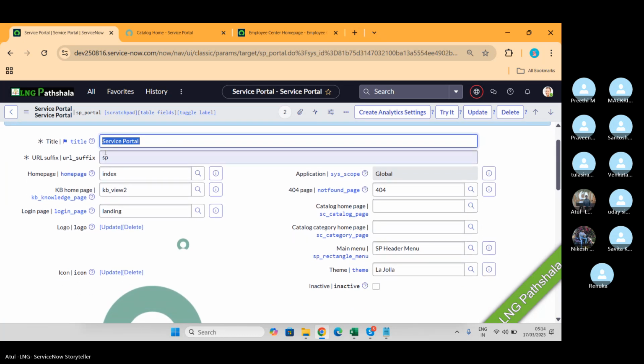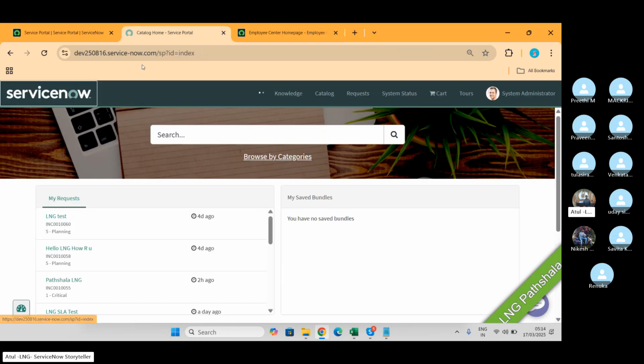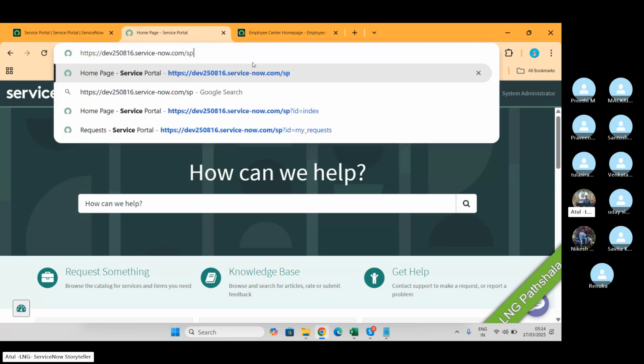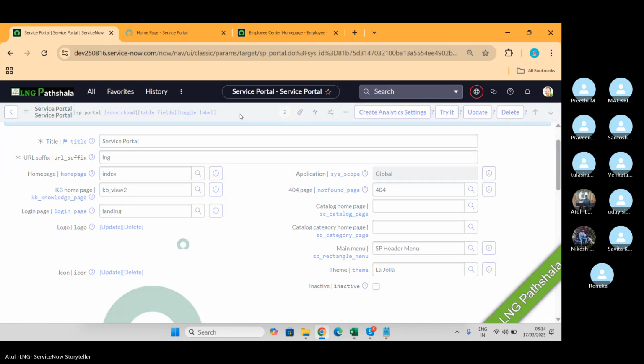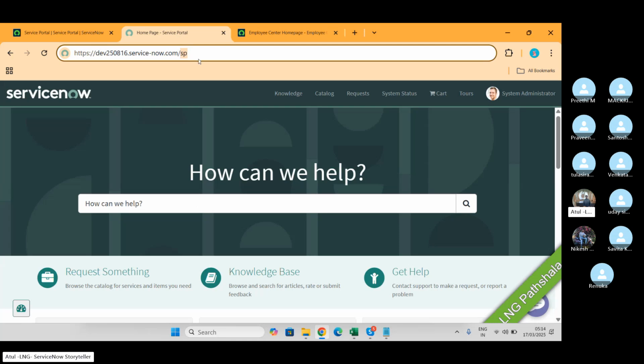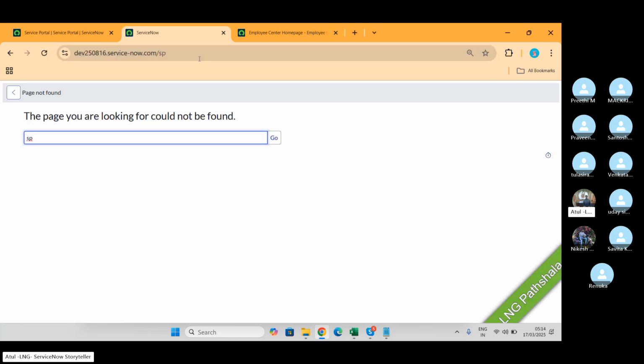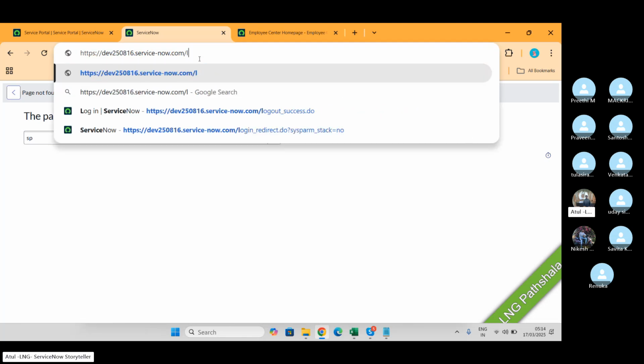Number one is the URL suffix, which we wrote earlier. It has been defined in this place. Let me change this to LNG and save. And now if you put SP, you get an error because SP doesn't exist. Instead of this, it works with LNG.